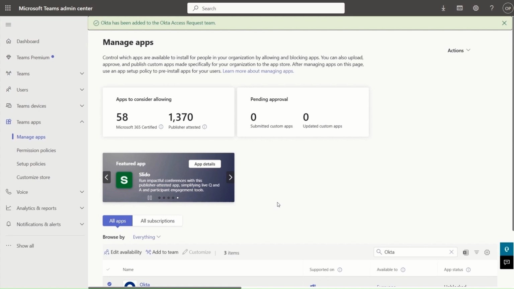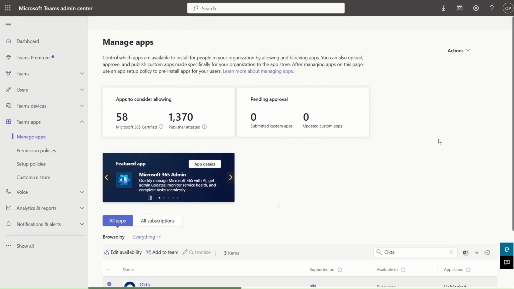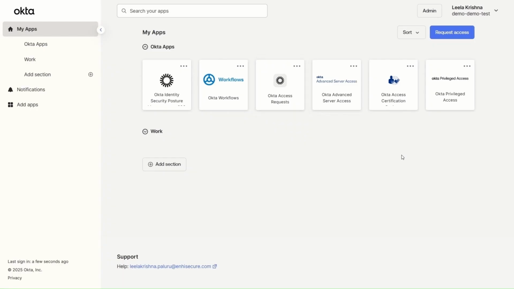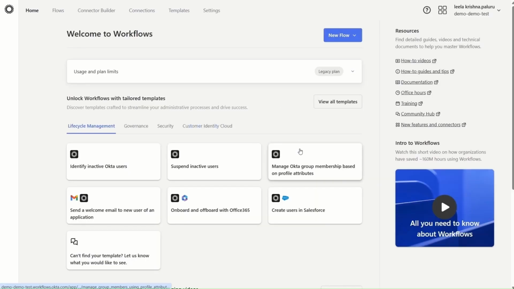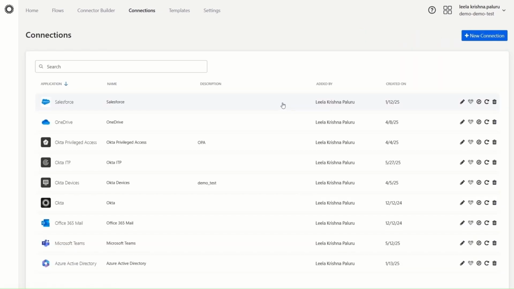Now let's move on to Okta workflows and add connections to Salesforce, Azure, and Teams. So let me move on to end user dashboard and Okta workflows. And this is the Okta workflows admin console. We have multiple tabs on the top. Let us click on connections. So I have already added connections with Salesforce, Azure, and Teams. If not, we can just click on new button